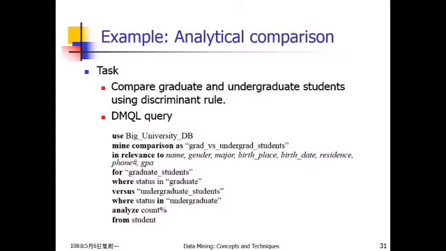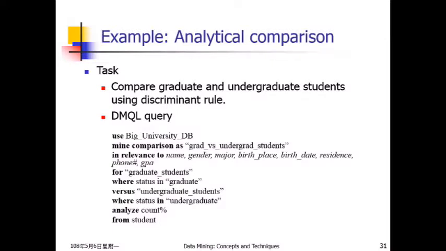illustrate the critical attributes. Okay, especially when you just have the image data set. Okay, so that's very important in doing the research. Okay, and here I give you some simple examples. For example, if you want to compare graduate and undergraduate students, okay, and then we have the data mining query language. Okay, then for example, you can use this university's database, and now we try to mine the comparisons as